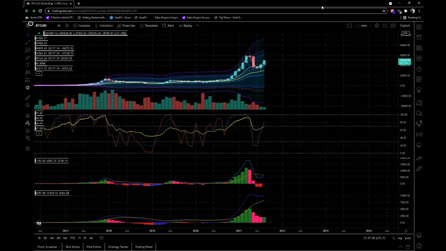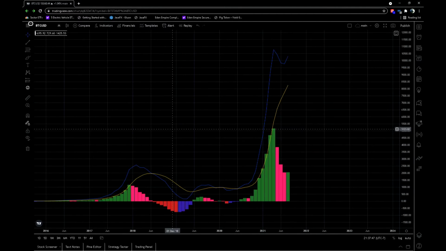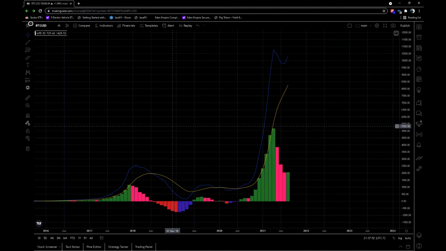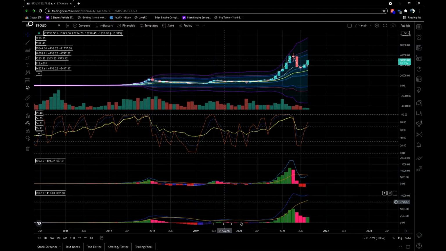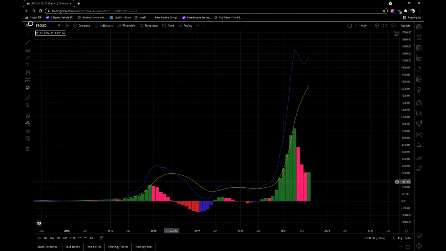So now we're on the monthly chart. Each candle is 1 month. So the big signal here is that we haven't had a cross down in the default MACD in a very, very long time. The last cross down we had, which was barely a cross down, hardly a cross down. The last real cross down we had was June 1st, 2018. So over 3 years ago.